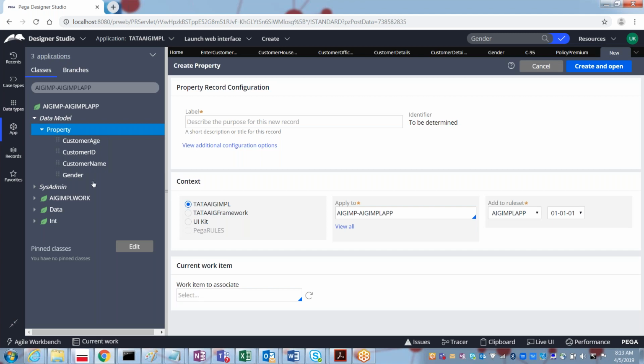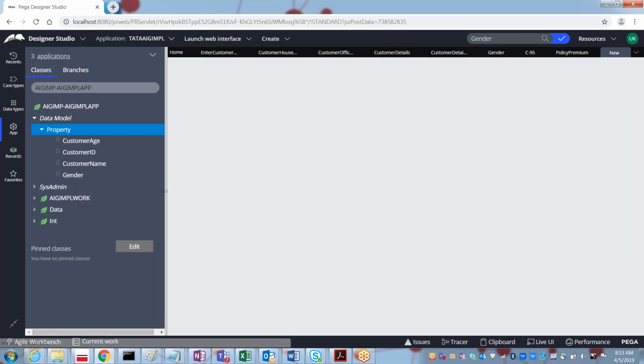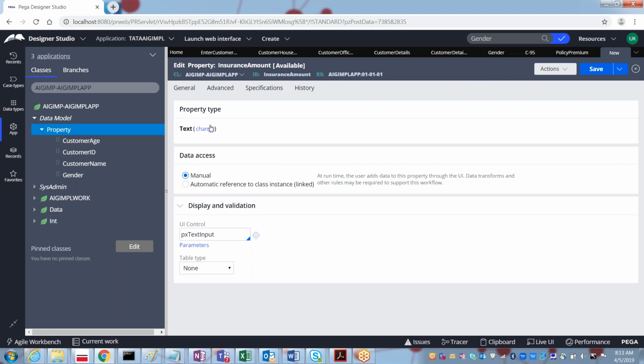Likewise, I am creating all the properties which are required for the policy details. The insurance amount can also be of integer type, so change the property type from text to integer.